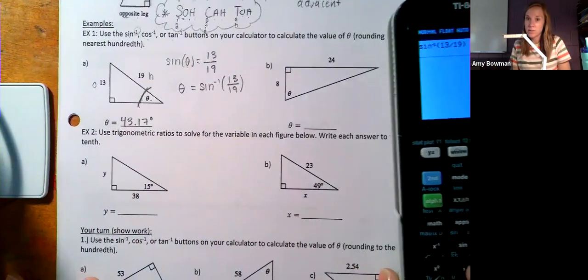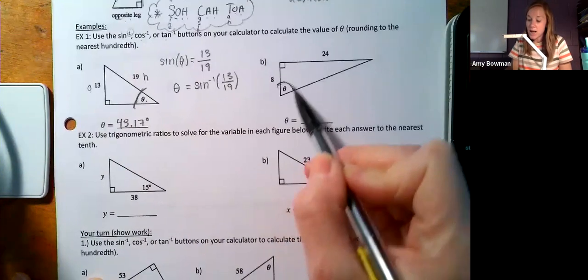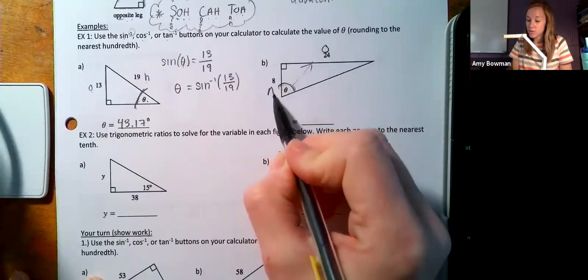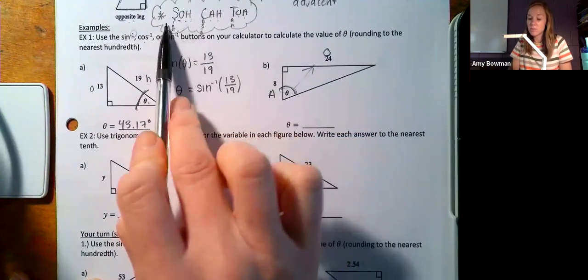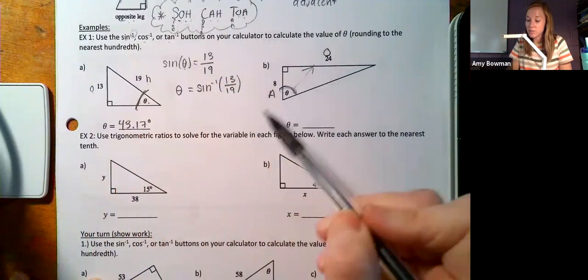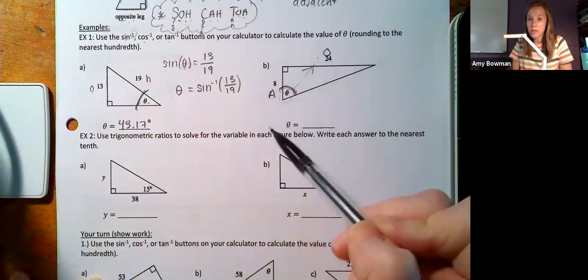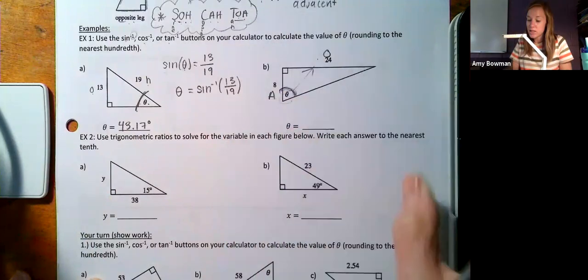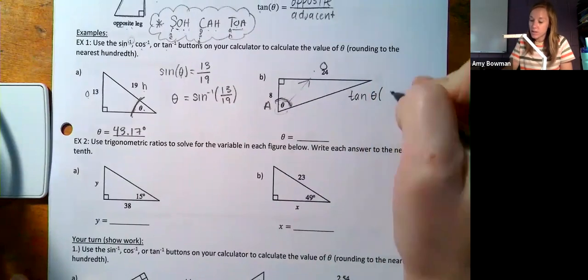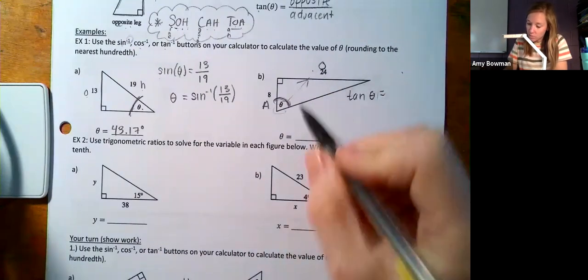Let's look at another one similar to this. Here's my angle theta that I want to figure out the value of. I know the side length opposite, and I have the side length right next to it, which is adjacent. So I would look up to my SOHCAHTOA and think which trig function, sine, cosine, or tangent, relates the opposite and adjacent sides of an acute angle in a right triangle, and that would be the tangent. So I would set up my equation. The tangent of theta equals opposite